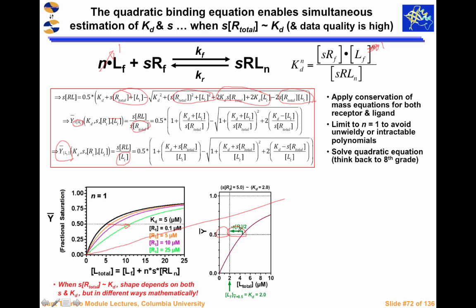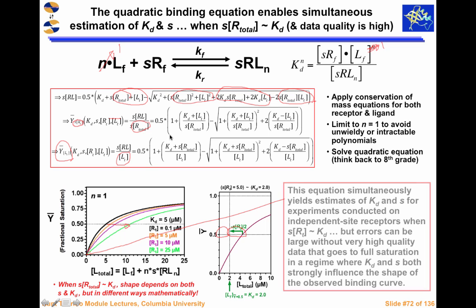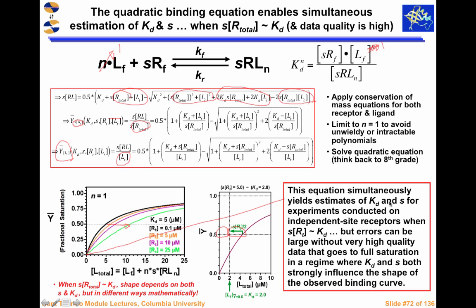In this regime, where KD is roughly equal to SRT, or KD over SRT is somewhere close to 1, the shape depends on both of these parameters. You can use this quadratic equation to extract them both simultaneously. So the equation simultaneously yields estimates of KD and S for experiments conducted on independent site receptors when SRT is about equal to KD. But the errors can be large without very high quality binding data that goes to full